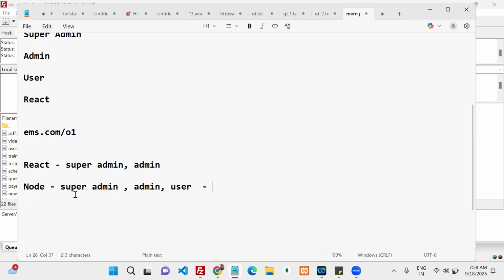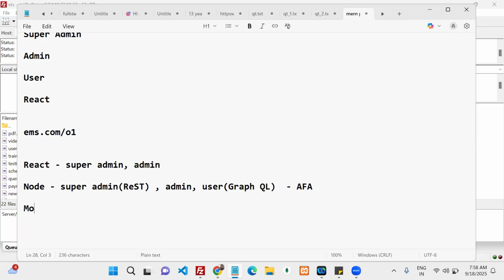Among these three, for super admin I want to use REST endpoints. For admin and user, if you want to combine you can, otherwise you can make them separate. These I want to use with GraphQL. These two applications should come under one more application, an Apollo Federation architecture, which we are going to use. We can discuss that Apollo Federation architecture also. So in Node, three applications we are going to create.